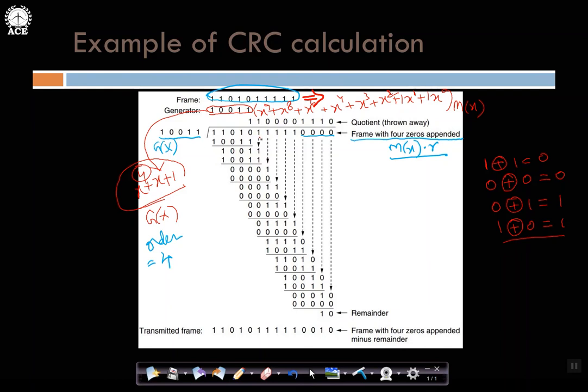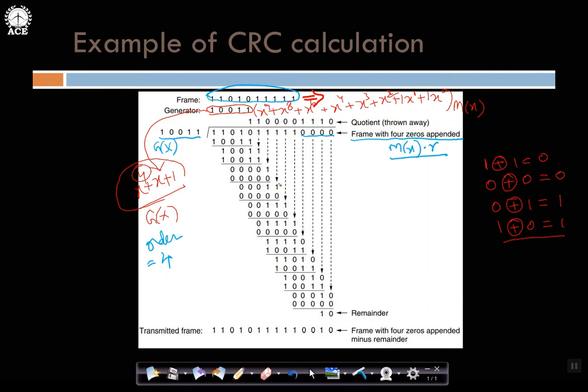I take the next bit 1. Now this is 1, 0, 0, 1, 1. This will go exactly one time, so all will become 0. Then I take the next carry forward 1. This 5 bit and this 5 bit: this is greater than this, so this will go 0 time. So zeros I substitute and perform exclusive OR. This will become 1, the remaining 0.